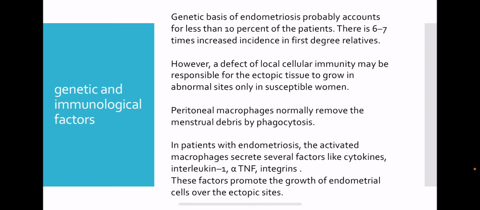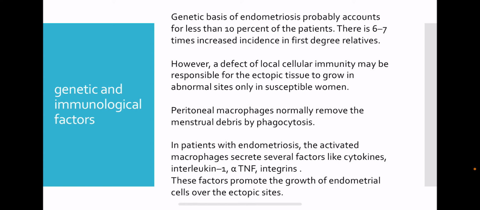So what happens in people who have high immunity, if the endometrial tissue is deposited in other sites? It will be considered a foreign body for that site and will be phagocytosed by the macrophages. However, in people who have low immunity, the macrophages won't work, phagocytosis does not happen, and they become susceptible to endometriosis. This is the immunological factor.